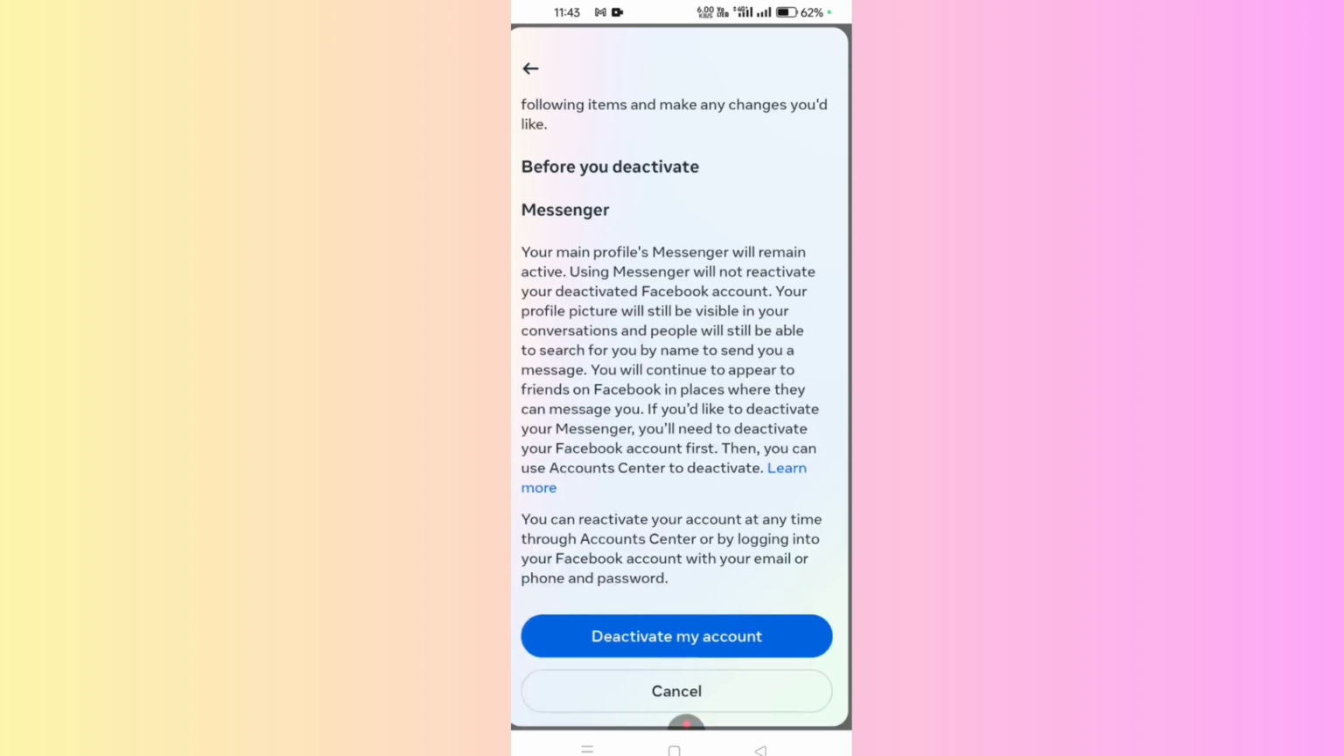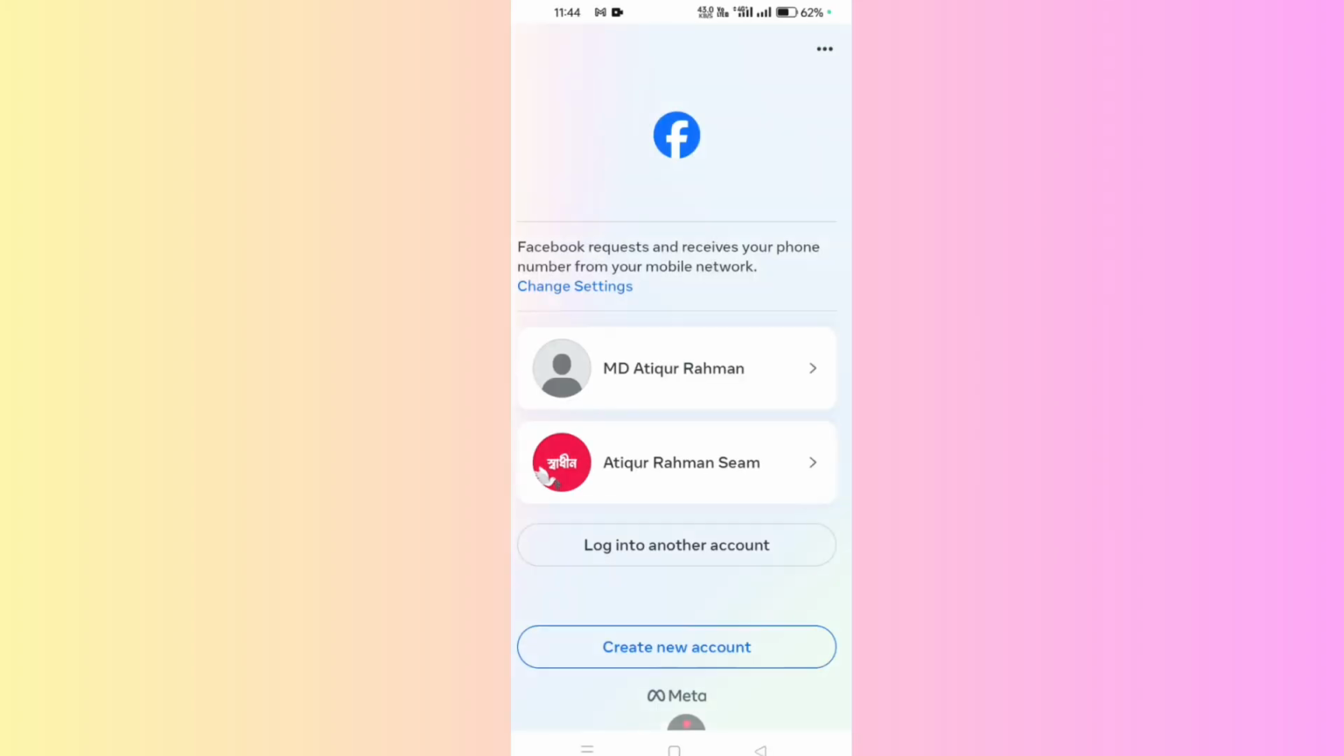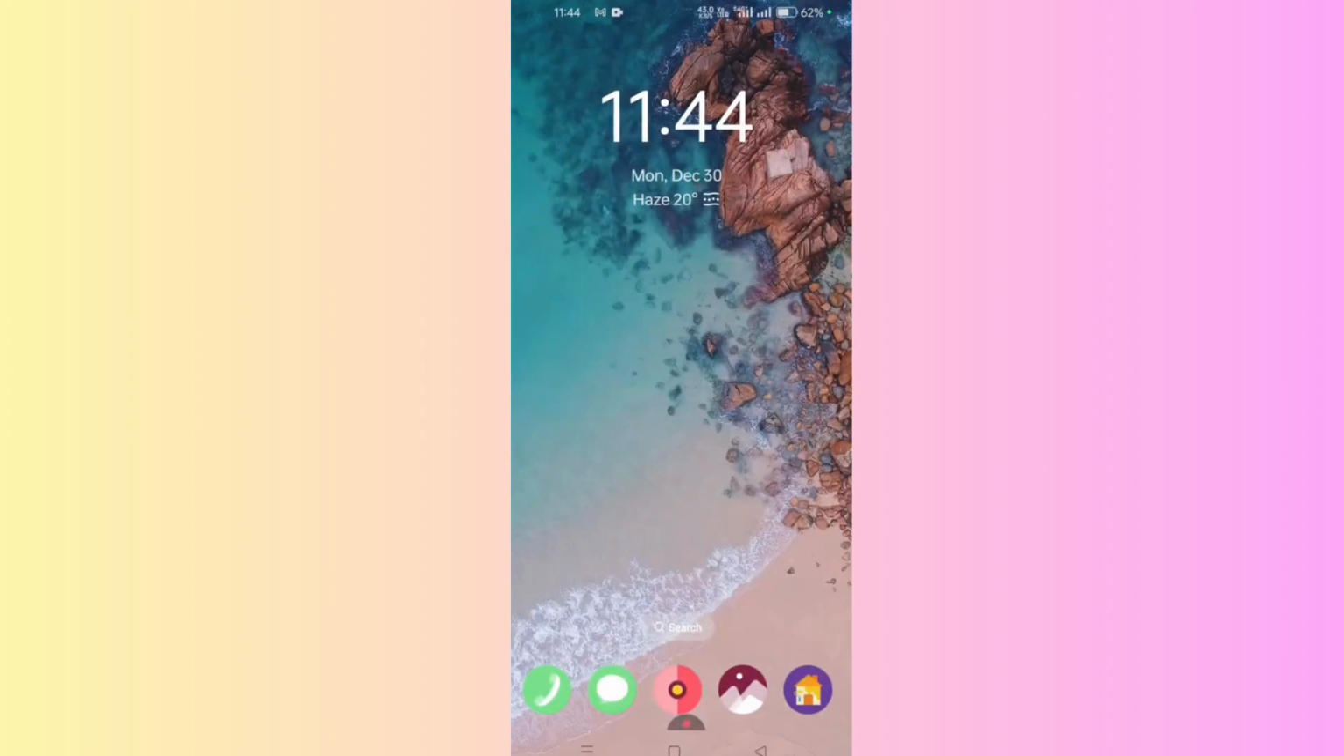Confirm temporary account deactivation. There is an option called Deactivate My Account. We select this option. Our account will be deactivated and we will be automatically logged out of our Facebook account. That's it. That's how you can